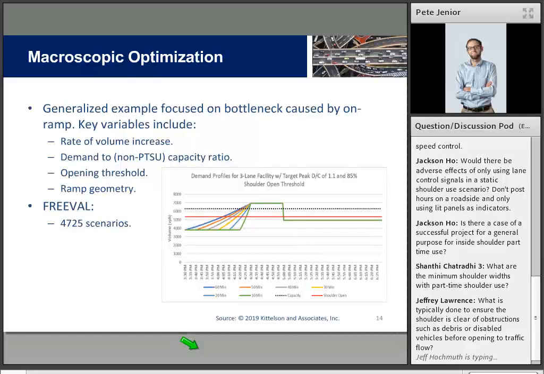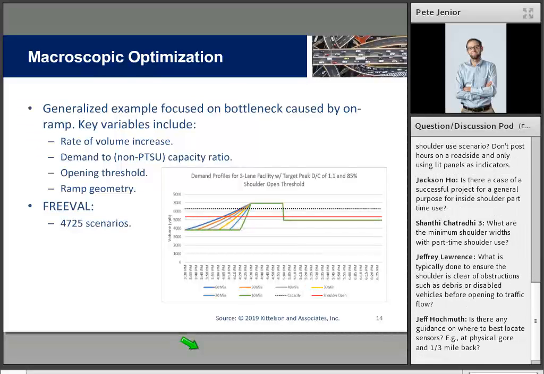Moving on to one of the other methods, these were some experiments that we did using a tool called FREEVAL. FREEVAL implements the Highway Capacity Manual freeway facilities method, and it looks at different components of a freeway in relation to each other and in time series. For example, if you analyze a basic segment and there's an on-ramp downstream and there's queue spillback from that ramp-freeway junction, FREEVAL is smart enough to understand these facilities are next to each other, to apply the effects of that queue spilling back, and to even do it over time series, looking at different 5-minute bins of time, hour after hour in the analysis. And with FREEVAL, we modeled an on-ramp that was creating a bottleneck on a freeway and looked at